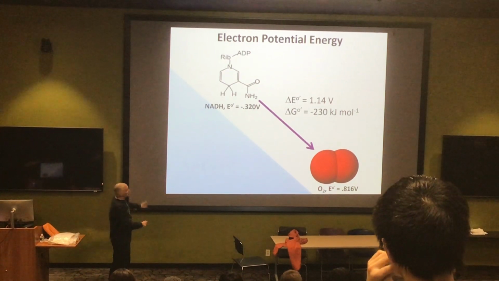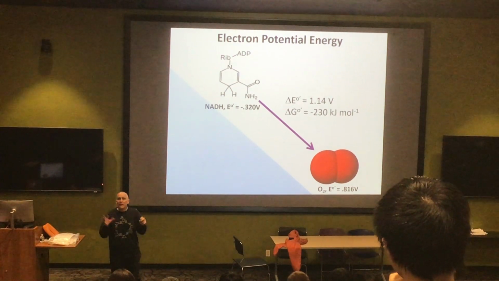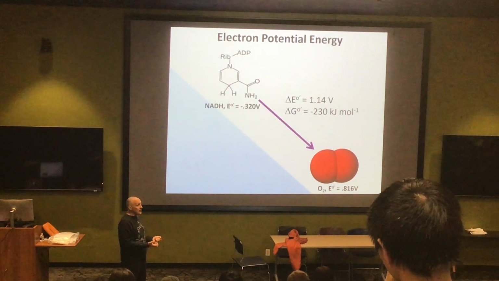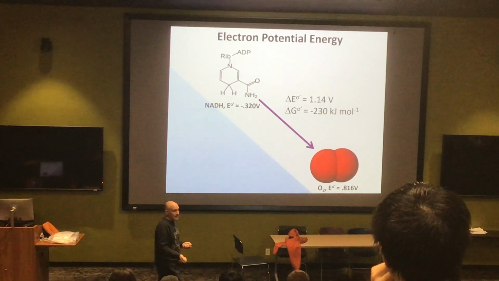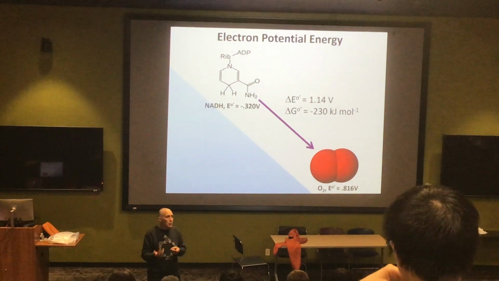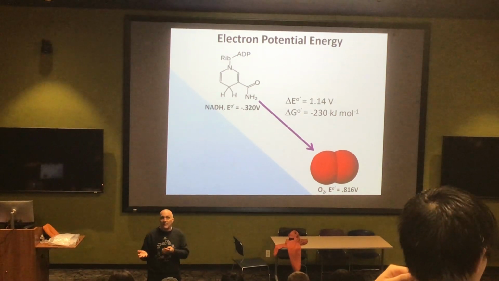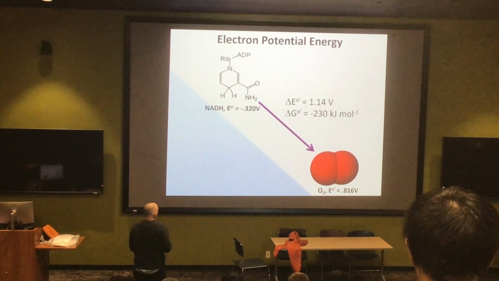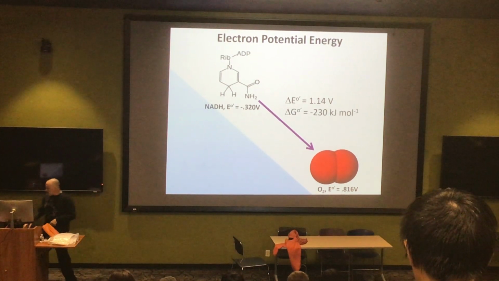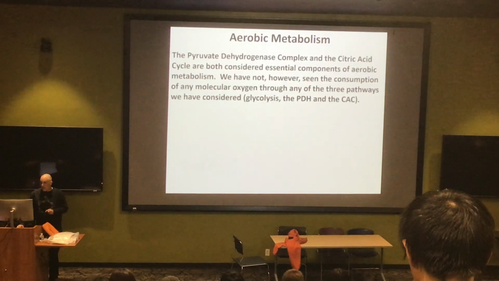The key, and this is really the key on nature's part, is that we're not going to try to do this in one big step. Every time we try to transfer a large sum of energy in just one big step, a significant amount of that energy gets lost. When we light a fire, we do combustion. That's the same sort of chemistry as breaking down glucose, sugar molecules, carbohydrates. But of course, most of that gets lost in the form of heat and light, and that's not what we want to do. So instead of transferring all this energy in one gigantic step, we'll see that we transfer it in a series of steps, and that's going to allow us to maximize our utility of the energy and make the system more efficient.